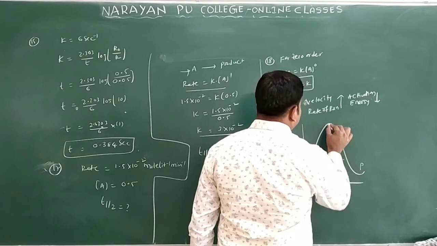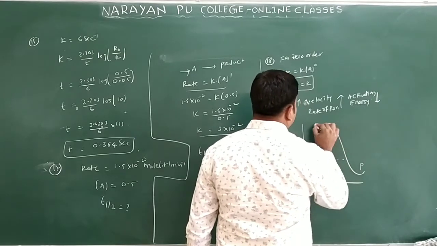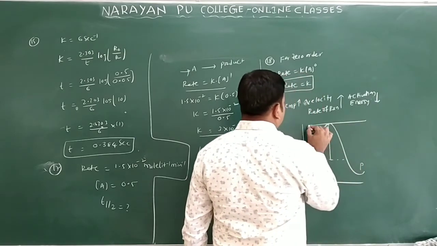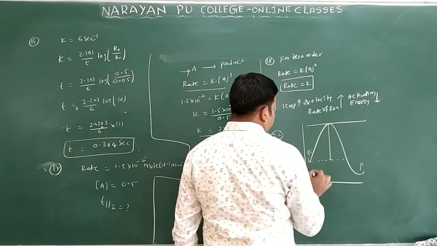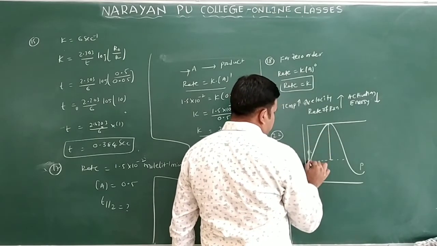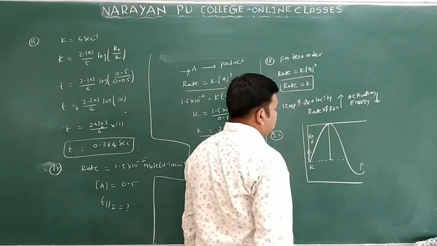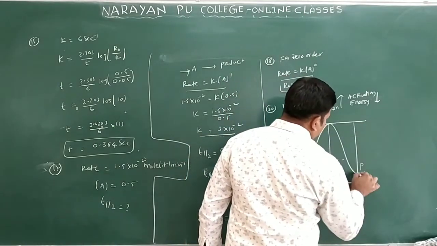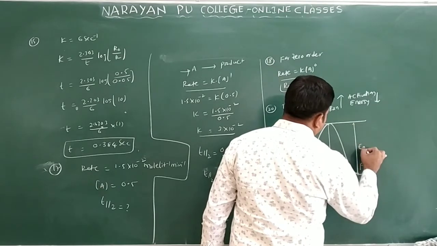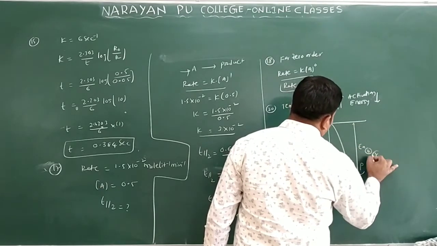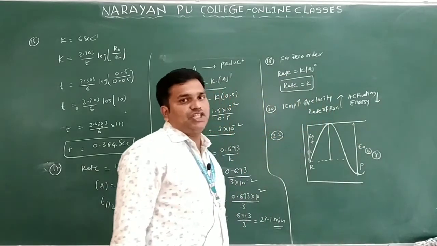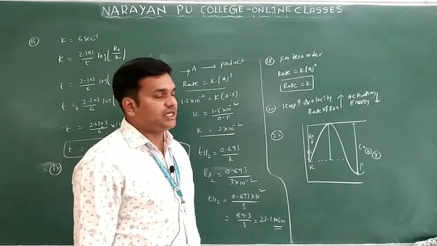Suppose you can draw this activation energy, and this is an activated complex. Now you will see, suppose I am writing down here R. This is the activation energy for the forward reaction. Clear? So this I want to write here. This is the activation energy for the backward reaction. Backward reaction means reverse reaction, you will write.